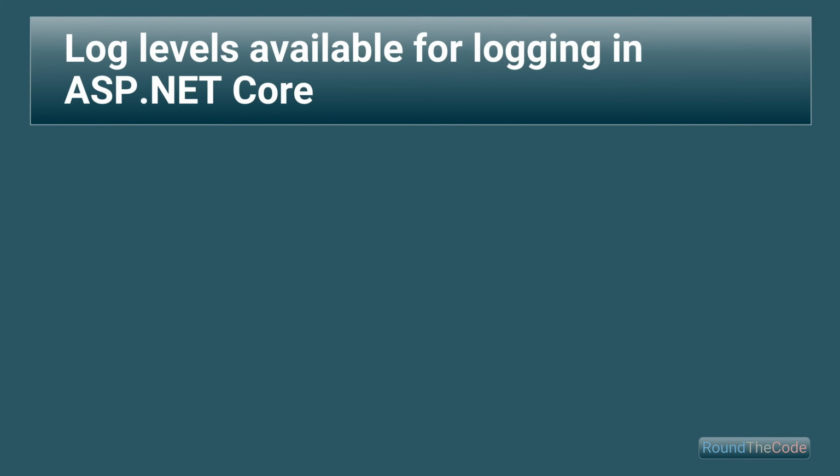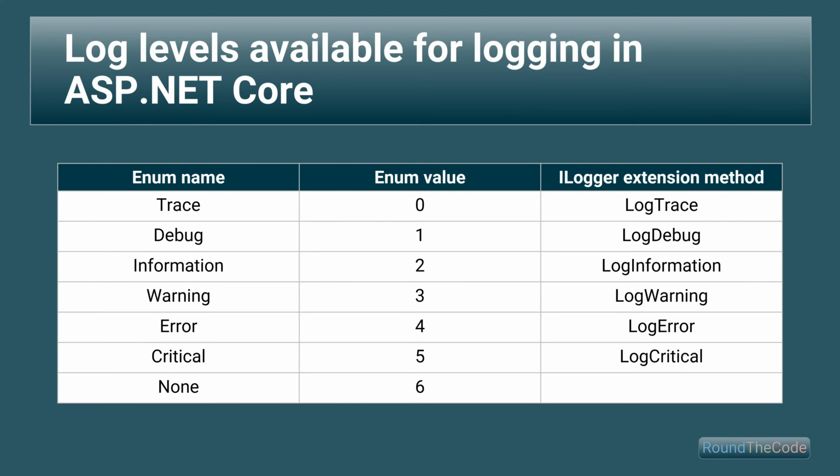In terms of log levels, it uses the LogLevel enum, which is included in the Microsoft.Extensions.Logging namespace. These are the LogLevel enum fields that are available, including their name, value, and the ILogger extension method we can use to write a log at that level. The way it works in appsettings.json is that the enum value represents the severity of the log. When we specify a log level, it will write a log at a level that is equal or higher to its enum value, excluding the None field. So if we were to set a log level with the Warning field, it would also write logs that have the Error field and Critical field.